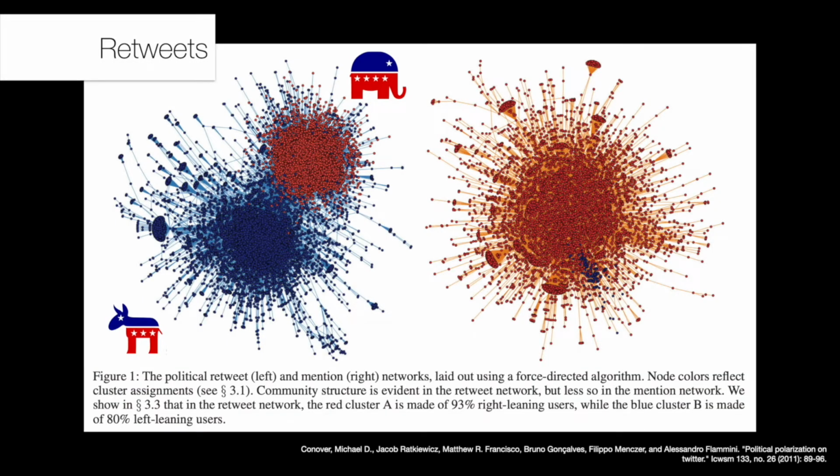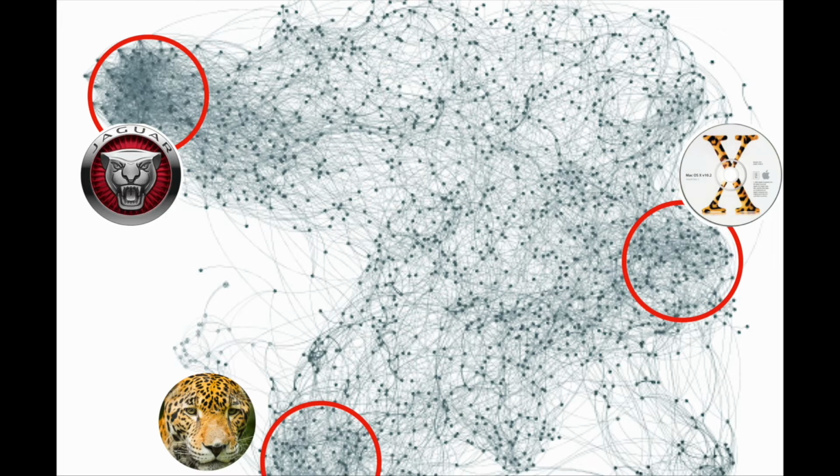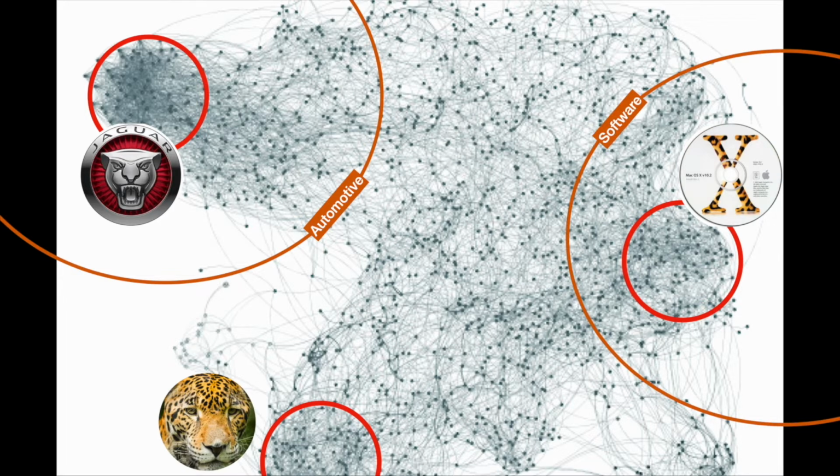Like I said, we've seen this before with the retweet graph, where we can very clearly see 2 separate groups of political persuasion. We've talked about the different kinds of Jaguar, so that based on this kind of construct in the graph, we can imagine that things up in the upper left are automotive, not all about Jaguar the vehicle. There might be Lamborghini or Honda or Ford or whatever in this space. Whereas here on the right, that's maybe a lot of software discussion or a lot of software products. And here in the bottom are about animals. So these clusters all represent some kind of connection among these